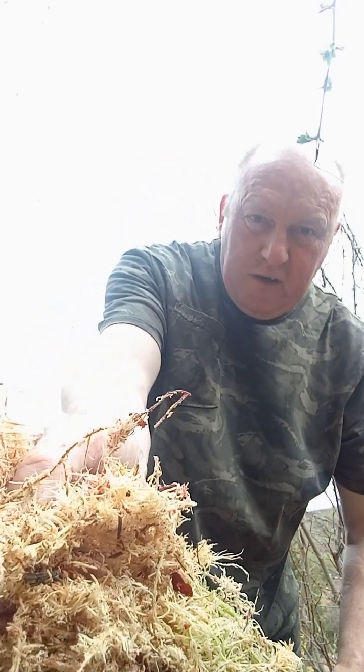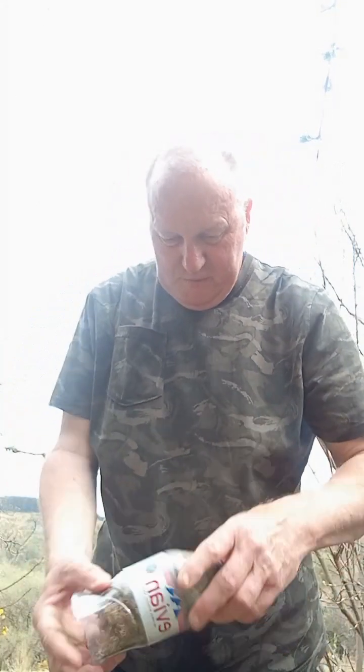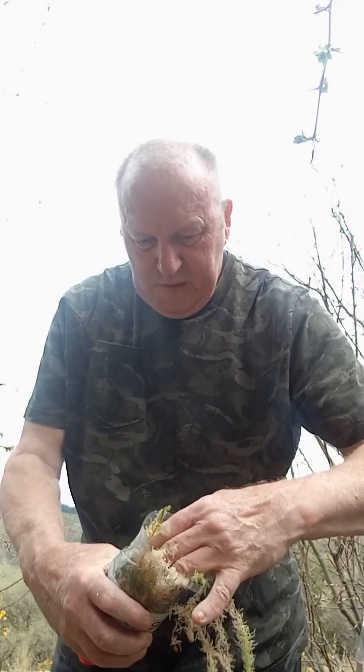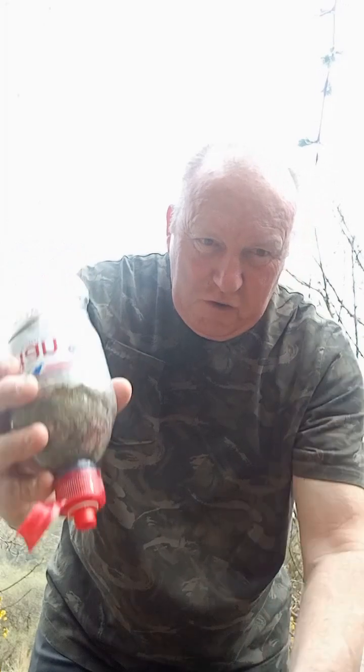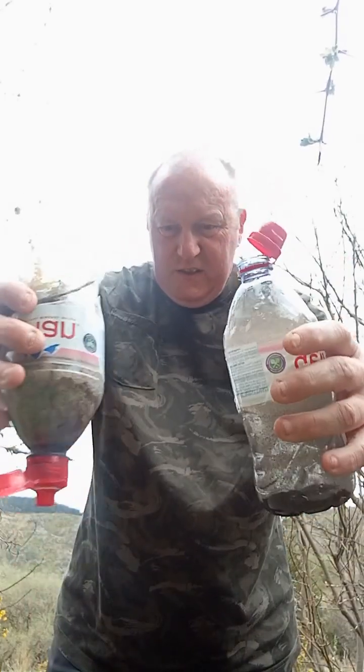You can see that. That's full of ants. Not to worry. I don't think there's any in there. Yeah, a little bit more. What I'd do normally is I'd tie that to a tree or put it below somewhere. I'm not going to go full on with this, I'm only quickly demonstrating it. If I pour that into there,